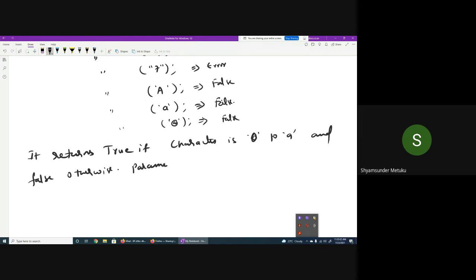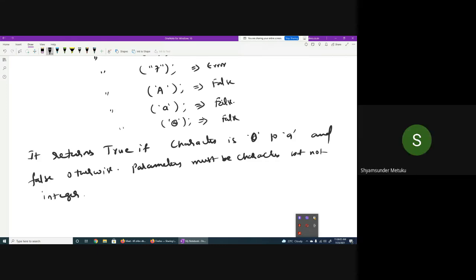Okay, it is not the letter O, it is 0, okay? Parameters must be the same as for the first one: a character, but not an integer or a string. Already string is given, so I'm only mentioning integer here. Is it clear? Yes, sir.